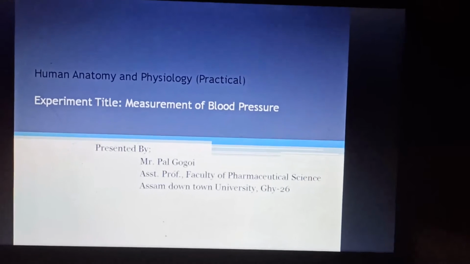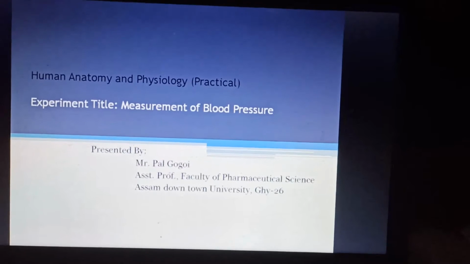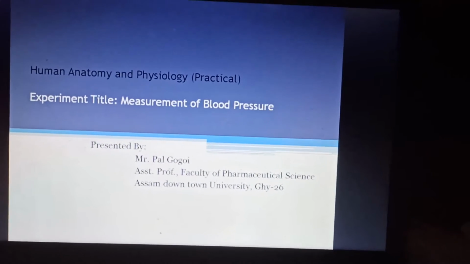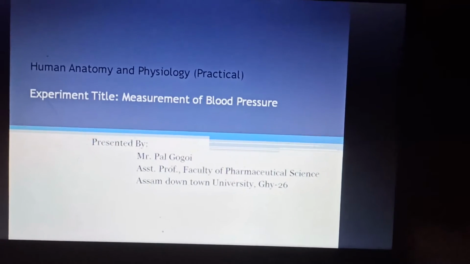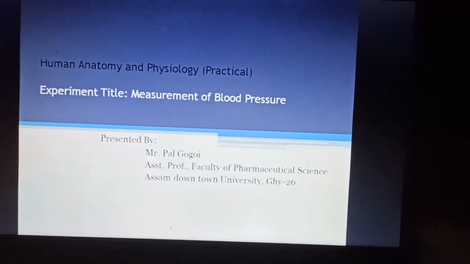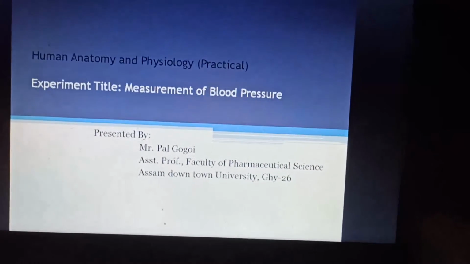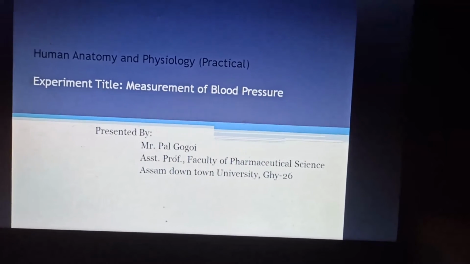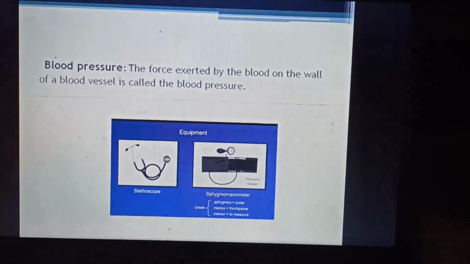The way to measure that, because we all know blood pressure arises due to two events. First one is contraction of the ventricle and another one is relaxation of the ventricle. Majorly, when the ventricle is contracted, it pumps lots of blood through the arteries to the different regions of the body. It creates the systolic pressure. Then it becomes relaxed. When it becomes relaxed, blood pressure falls down. That is called diastolic blood pressure. So systolic and diastolic blood pressure.